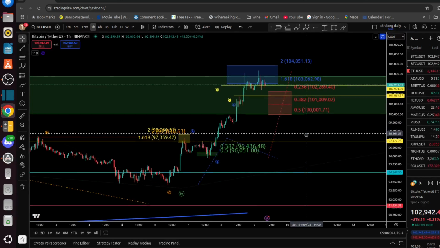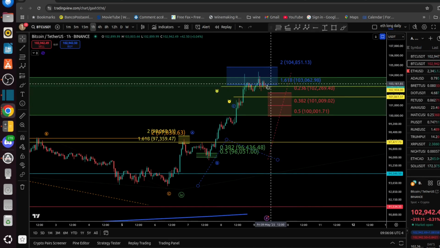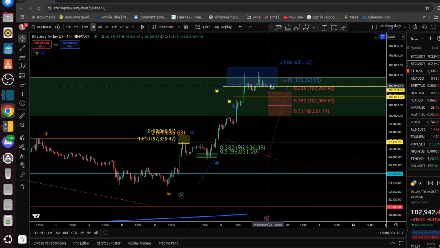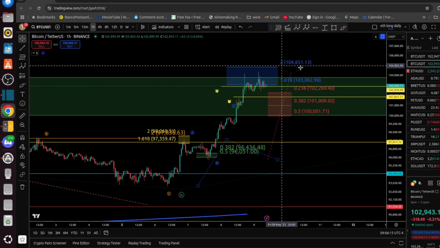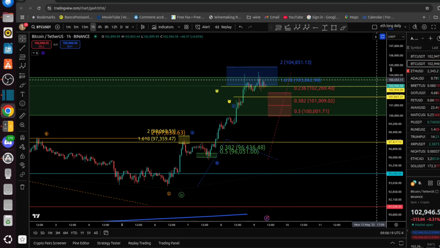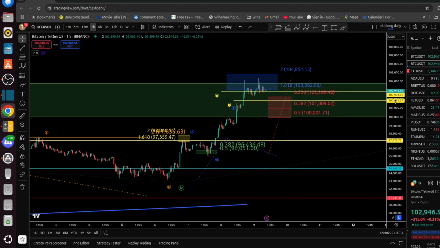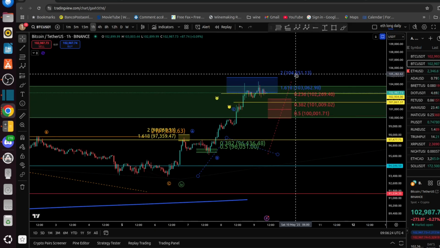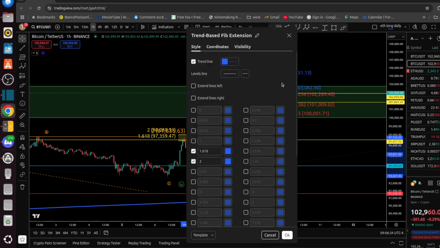All right, so more likely today I'm going to take a little bit more profits on Bitcoin. Now, saying that, it doesn't mean that price cannot go to 104,851. It can even go higher. So this is part of the game of taking profits, or part of the game of non-taking profits. So we don't take profits, and then after, when there is a deeper pullback,